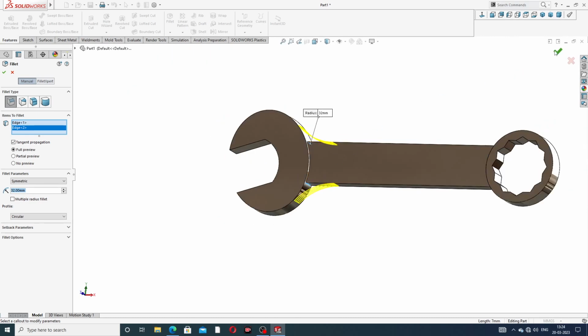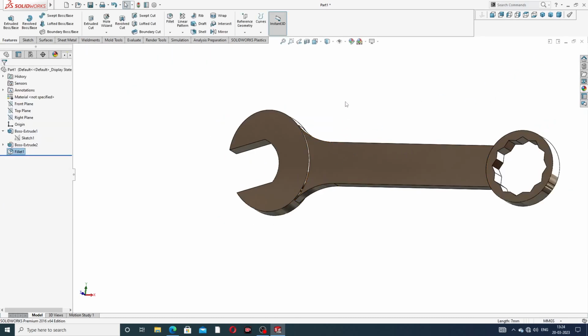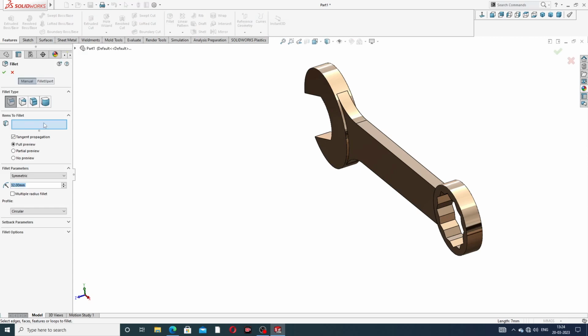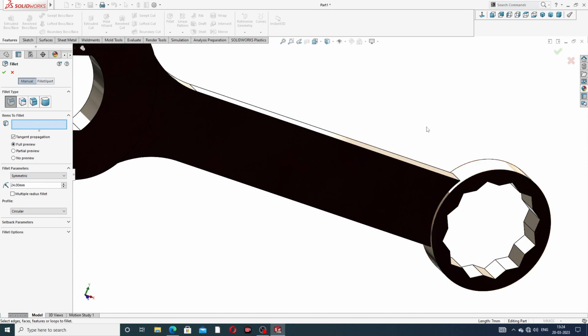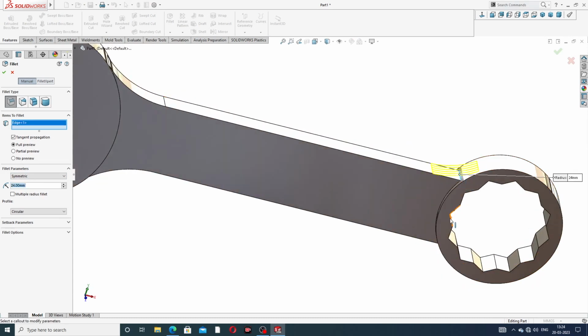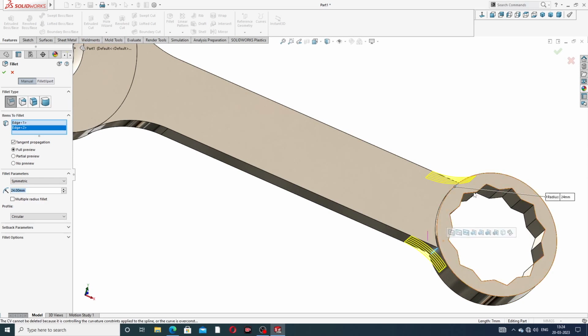Okay, and 24, again select 24 millimeter both sides, this to this. Okay,